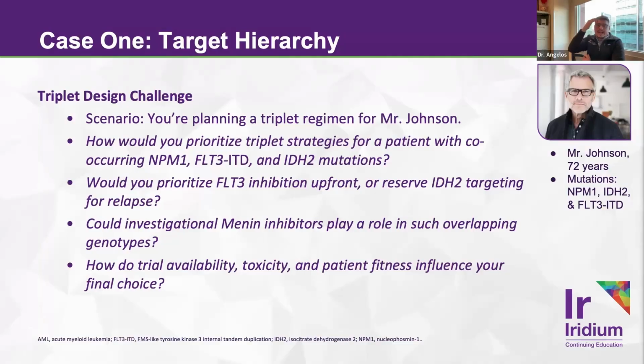And so, in my mind, I know that outcomes for a transplant are markedly improved in terms of overall survival when patients are in an MRD negative state prior to pursuing an allogeneic stem cell transplant. So this would be an individual where I would really like to get him into an MRD negative remission prior to pursuing his allo, only because I know the risk of a relapse is markedly reduced after transplant when patients are MRD negative going into it. So for this individual, being 72, a little bit on the older side, again, intermediate risk, I think this would be somebody that I would ultimately choose to do azacitidine and venetoclax in, particularly as this individual is going to be moving towards a stem cell transplant anyway.